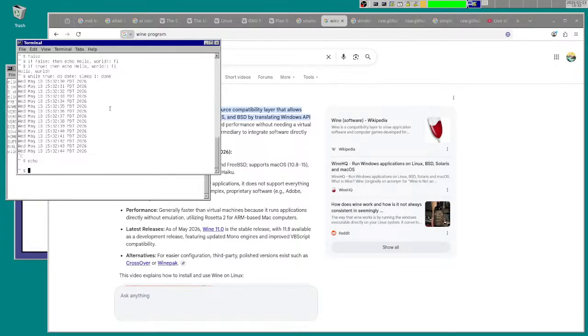So there are the different programs that I showed you there. I showed you echo, false, true, cat, and then date. Sleep sleeps for however many seconds. So let's see, sleep for 3 seconds. 1, 2, 3, and then it's done. And then these other things, the while and if, are like syntax to put stuff together.